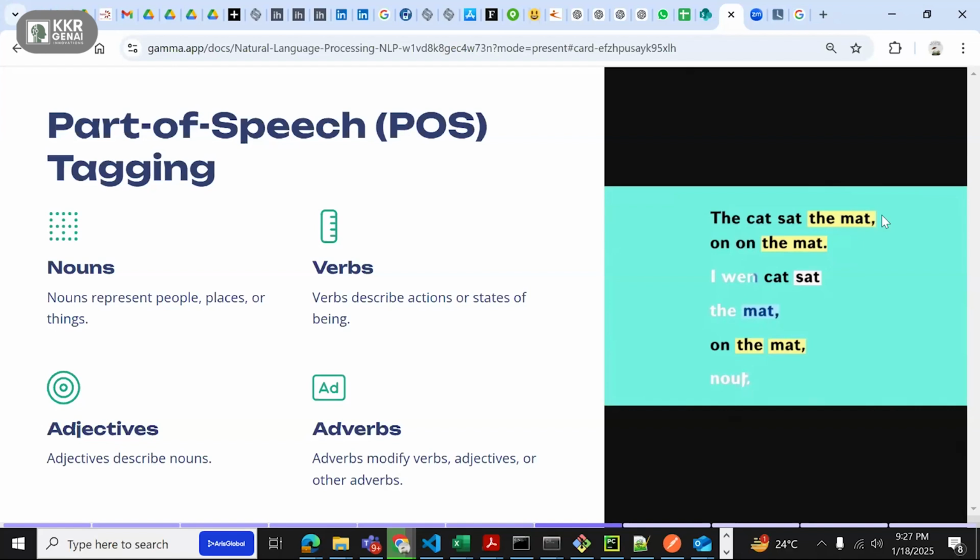Okay, the cat sat on the mat. Here you can see the mat is the one which has to be tagged. What type, whether noun or adjective, has to be presented will be provided here. Even when you are doing the text pre-processing, you know that the text sentence